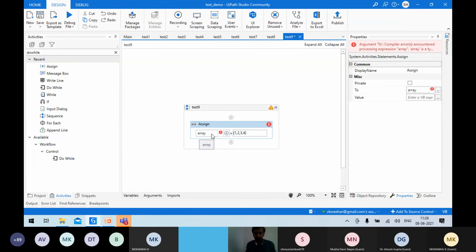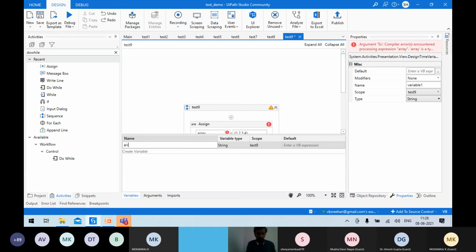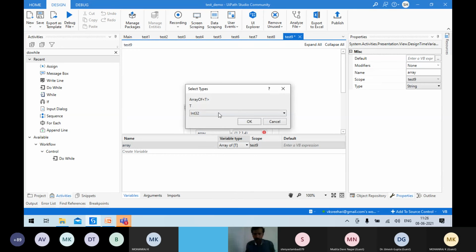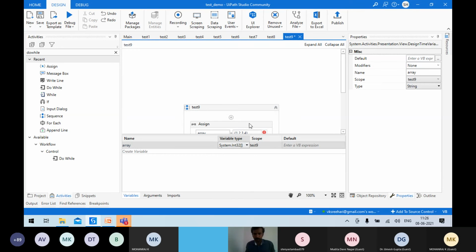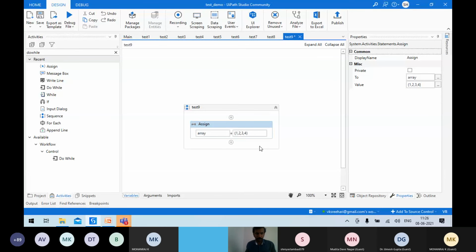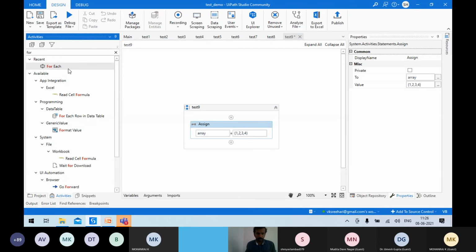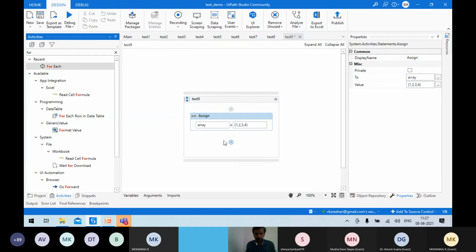Numbers, so we'll just declare the variable as an array of T, and here I'll give it as integer. So the variable is declared. Now I'll take the for each activity and place it over here.